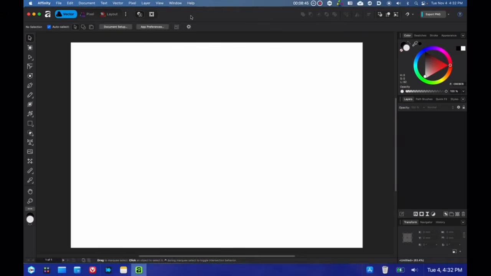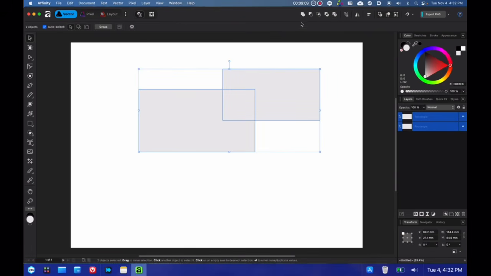Okay, well, now going through the rest of the interface, you'll see over here are your Boolean operations, which is very similar to your Pathfinder. First of all, let's select an object. Okay, so here are your Boolean operations. Here is the arrange icons, and I like how they're menus, because if these three icons are over here, then we need to find a way to fit all of these in here.